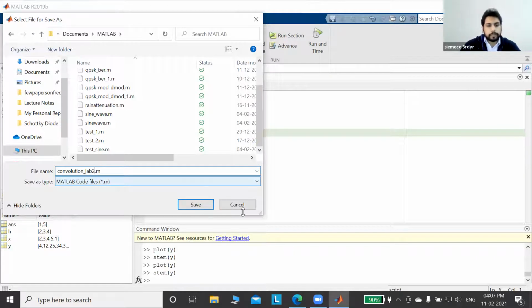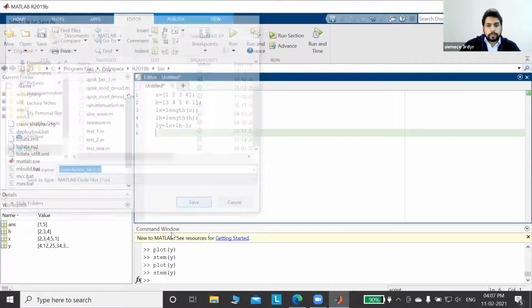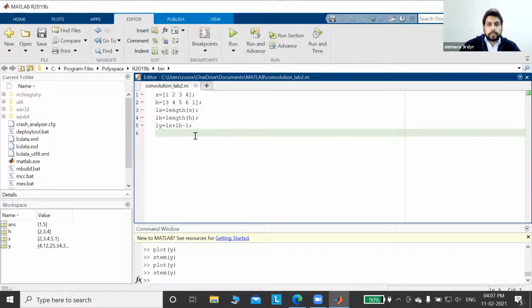Save. If we run this program, you will not see any graph because I have not plotted anything.